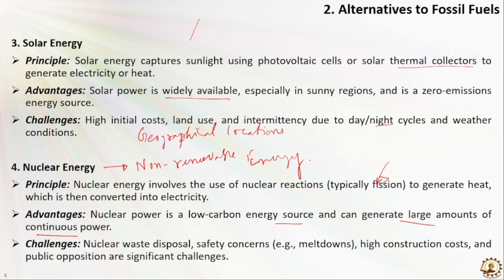But there are some challenges also. The main challenge is the disposal of the waste, because after the nuclear fuel rod is burned, the waste is very dangerous, as it is radioactive. So in that case, we need to construct a kind of facility so that the radiation can be contained. That's why we need to store this kind of waste underground or under the sea. So that is the only disadvantage of nuclear energy: its waste.